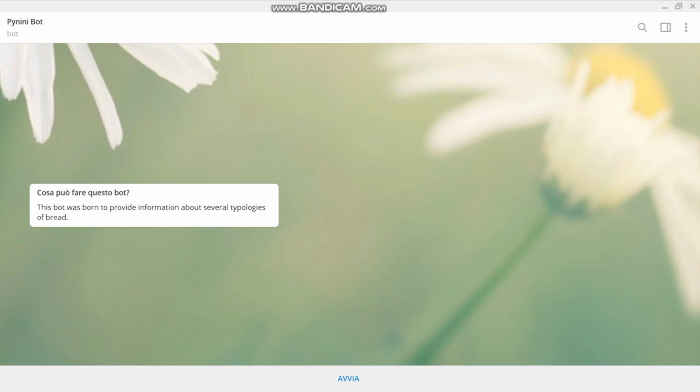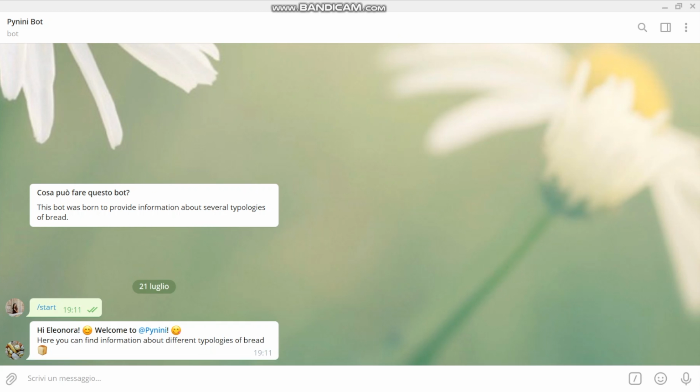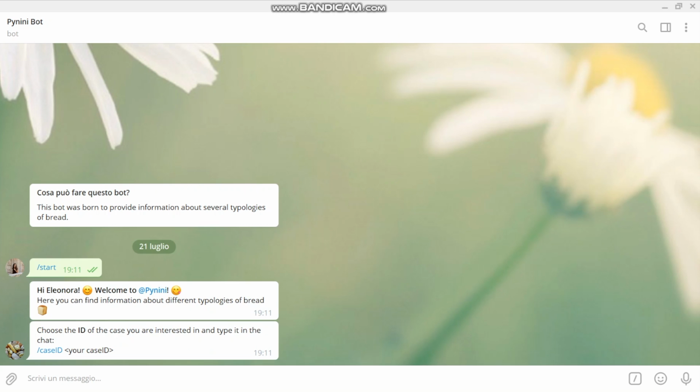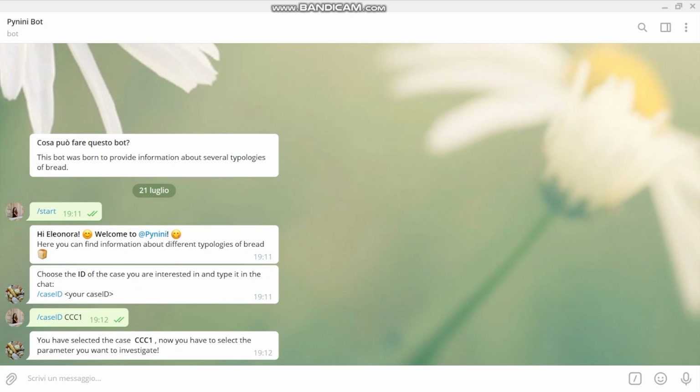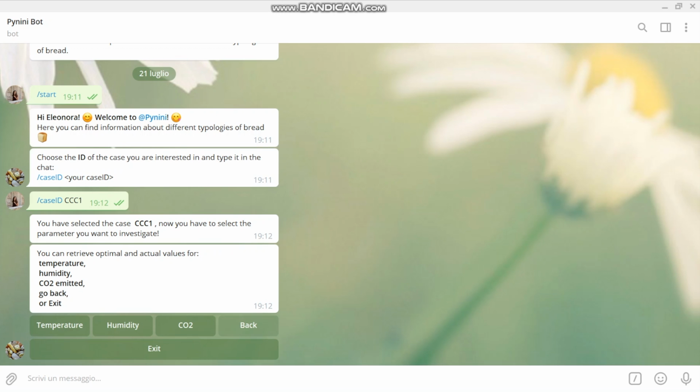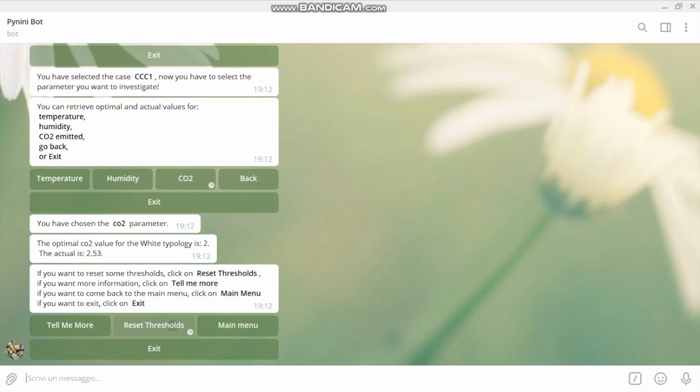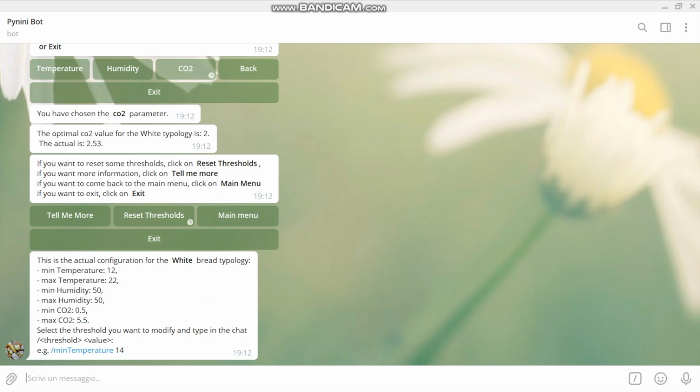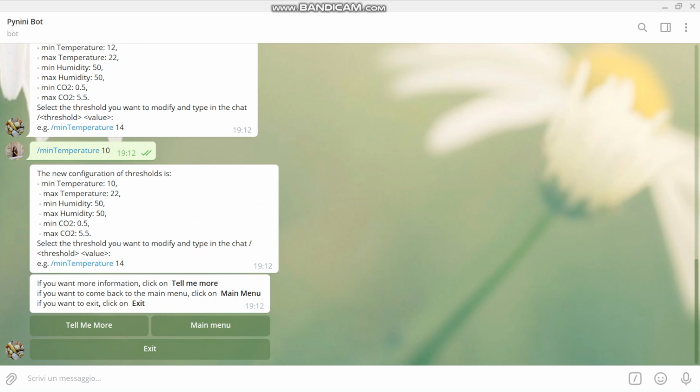Next we move to our Telegram bot. We start the system by the start command and then select the case we want to investigate. We are given different commands for temperature, humidity, CO2, and going back. We can then have more information, reset thresholds, or go back to the main menu. As we can see here, we have reset the temperature, and we have also asked for the